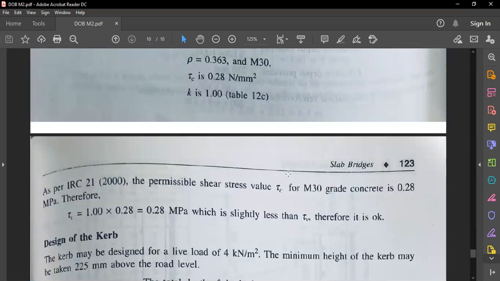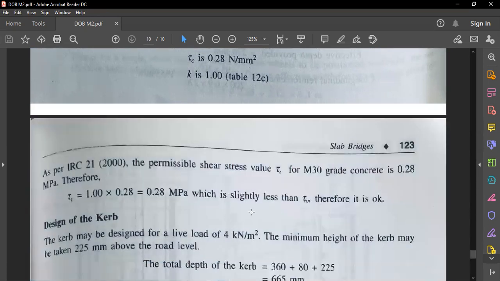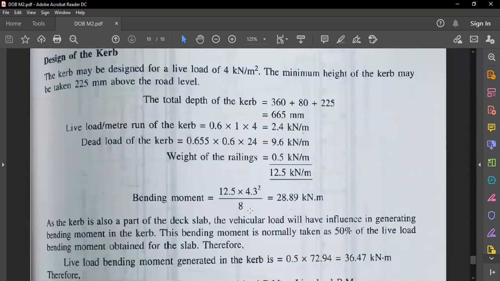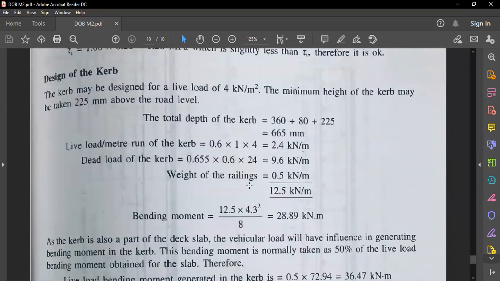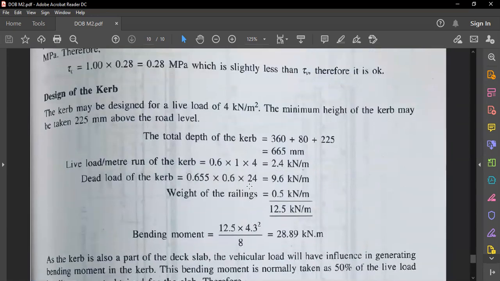So for this, what you have to do, you have to select 360. You have to design this slab for 360 mm actually. For 360 mm, this will satisfy tau C and tau V. Okay. So after this, the last one is we have to go for design of the curb, that is footpath,